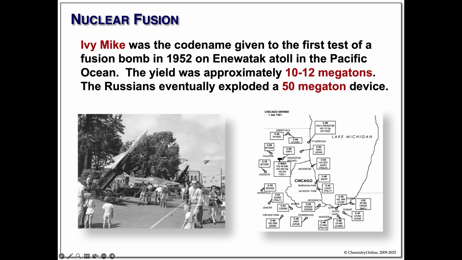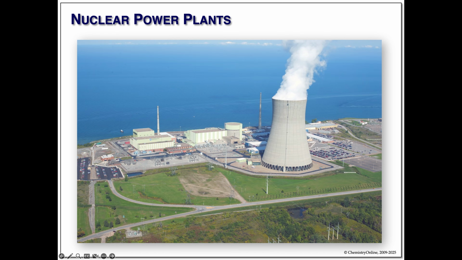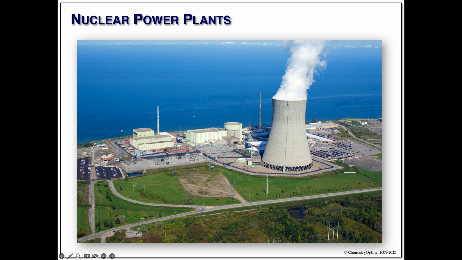We live in Oak Park. When we moved there was a sign up by the Eisenhower declaring it a nuclear weapon-free zone. So we weren't allowed to have those guys in Oak Park. Whatever. The other use for nuclear power is a power plant. Now, most people look at this and think this is a reactor. It's not. The reactor is that little building there. This is just a cooling tower because it gets pretty hot.